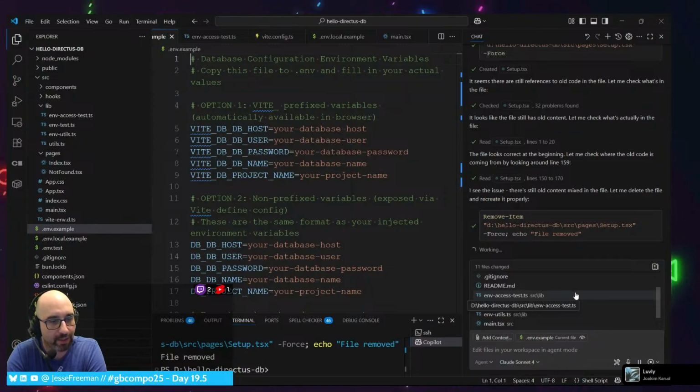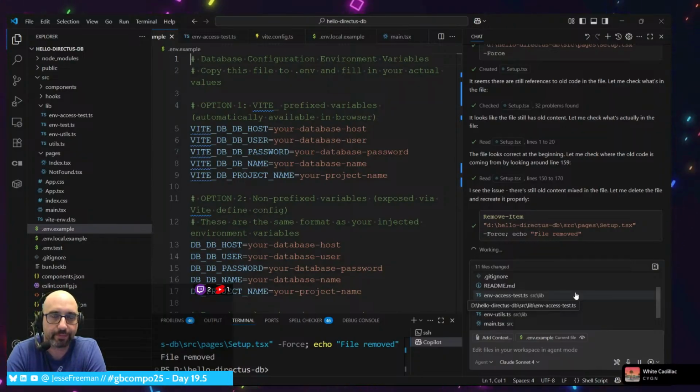But I think there's something in the way it shows you the diff between what it edited. It's still edited the file on the local file system, but it hasn't been smart enough to recognize it.